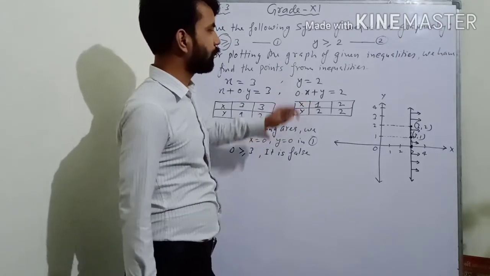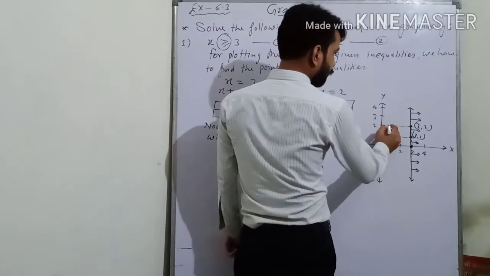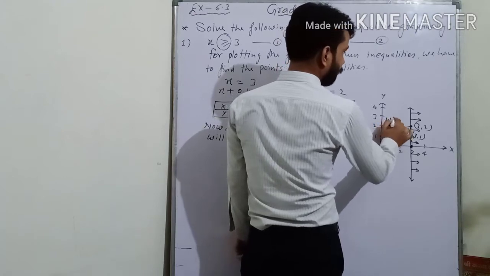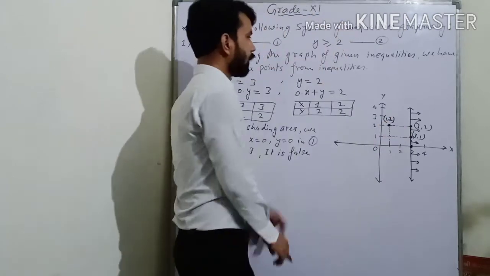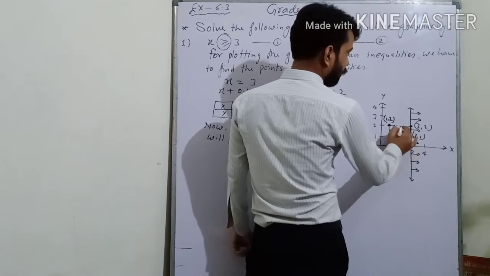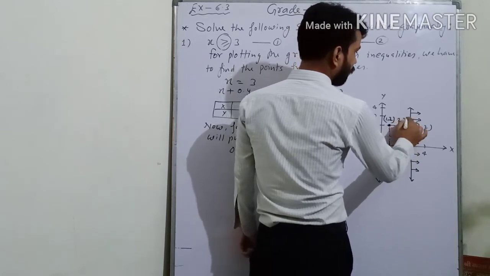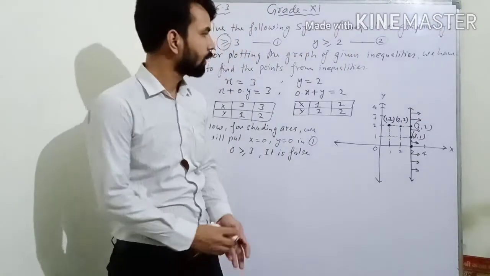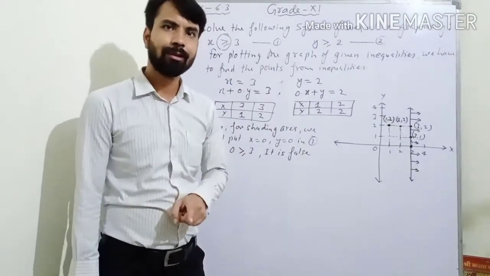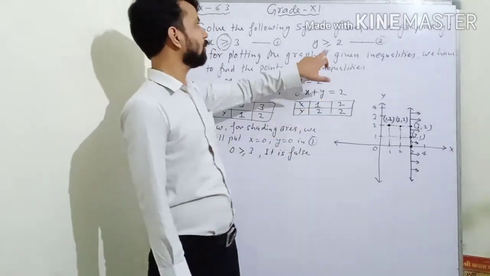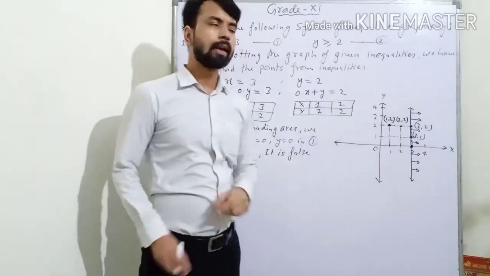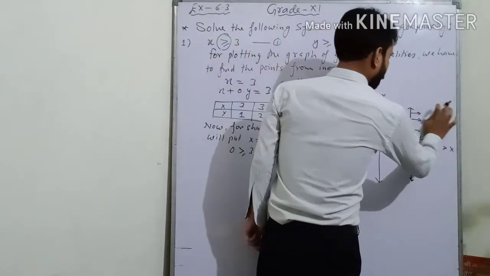First point is x1 y2. x1 y2 point is here, that is 1 comma 2. Second is x2 and y2. x2 and y2 point will lie here, that is 2 comma 2. Clear? Now we will join these 2 points with the help of regular or dotted line. Again it depends on this sign. Here equal to sign is there, then we will have to join these 2 points with the help of regular line. So what we will do?